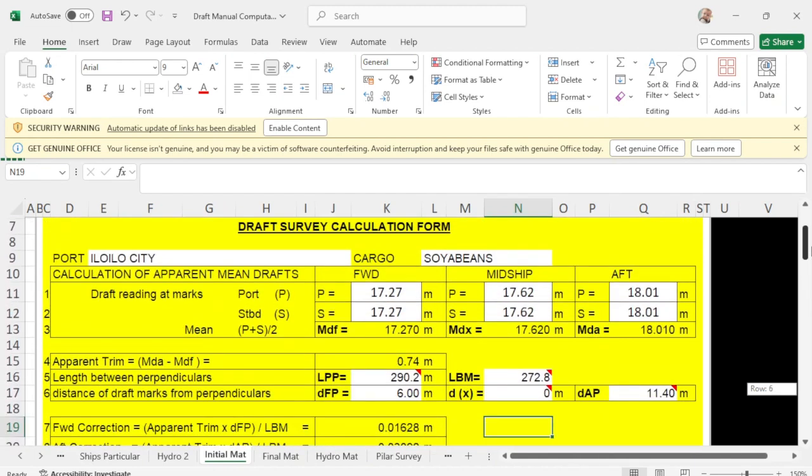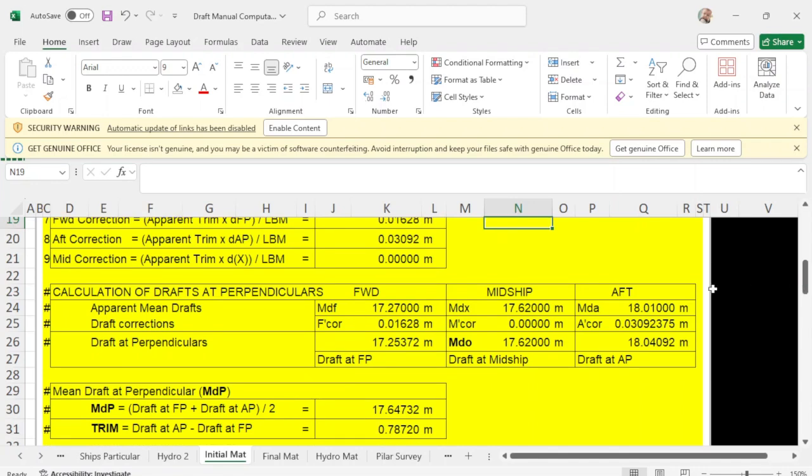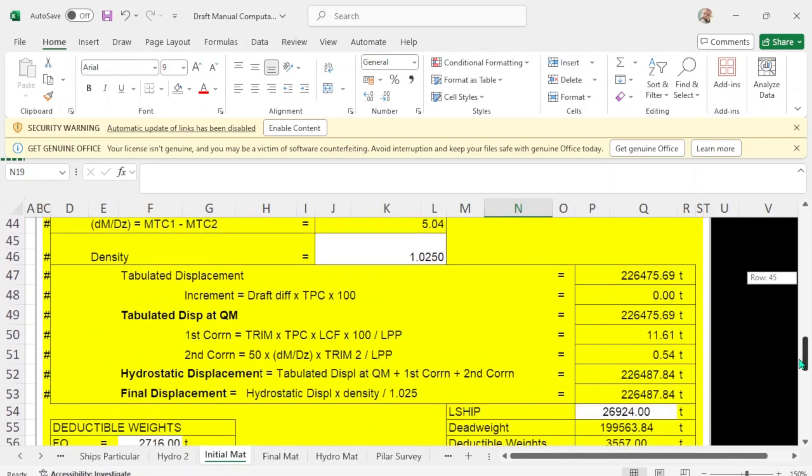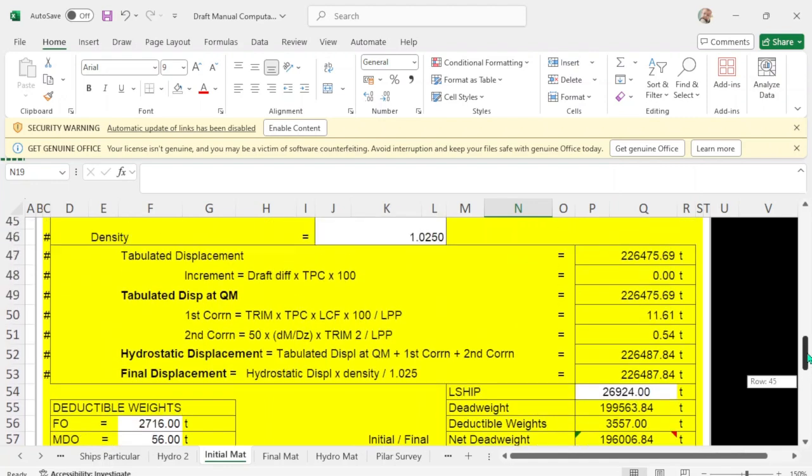Why? Because every formula is already there. All you have to do is follow or trace this formula or these procedures, and you will get the final answer here. And all you have to do is fill up only the white cells. Okay, only the white cells.